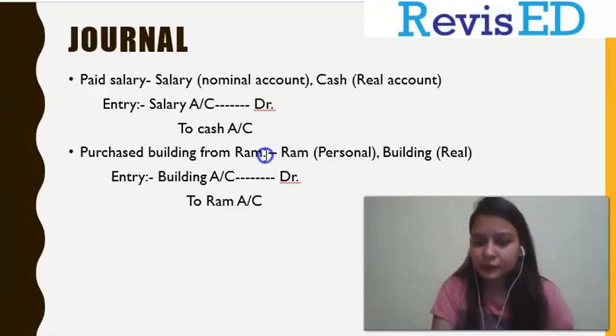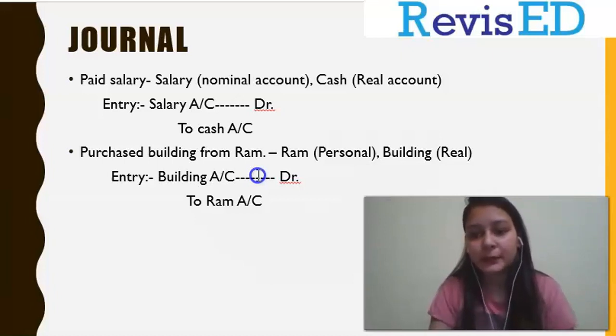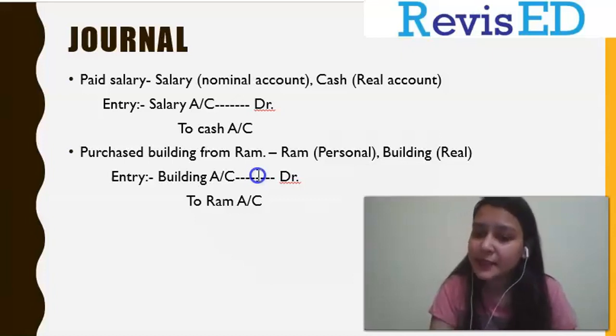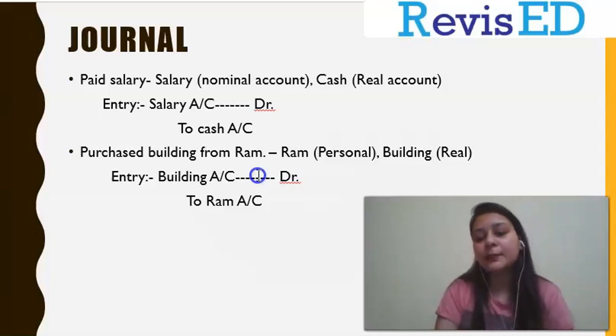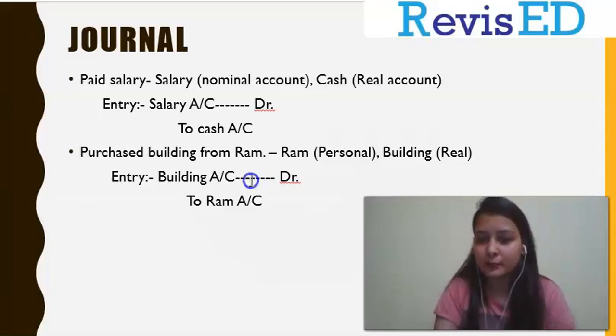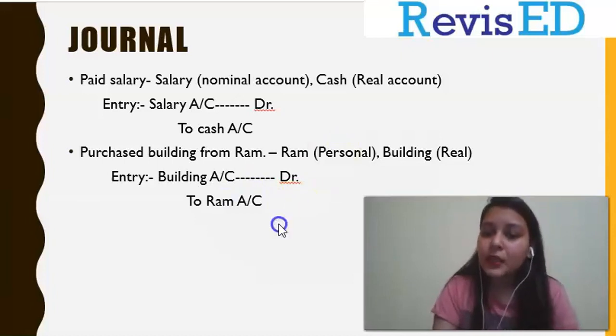उसके बाद one more example we are taking, like we have purchased building from Ram. Company has purchased a building from Ram. Again, building, asset, which account? Real account. Debit what comes in, credit that goes out. Building हमारे पास आई है because हमने उसको परचेज किया है, तो हम इस रूल के according बिल्डिंग को कर देंगे डेबिट. सो बिल्डिंग अकाउंट डेबिट. अब now second कौन सा अकाउंट इफेक्ट हो रहा है, राम.